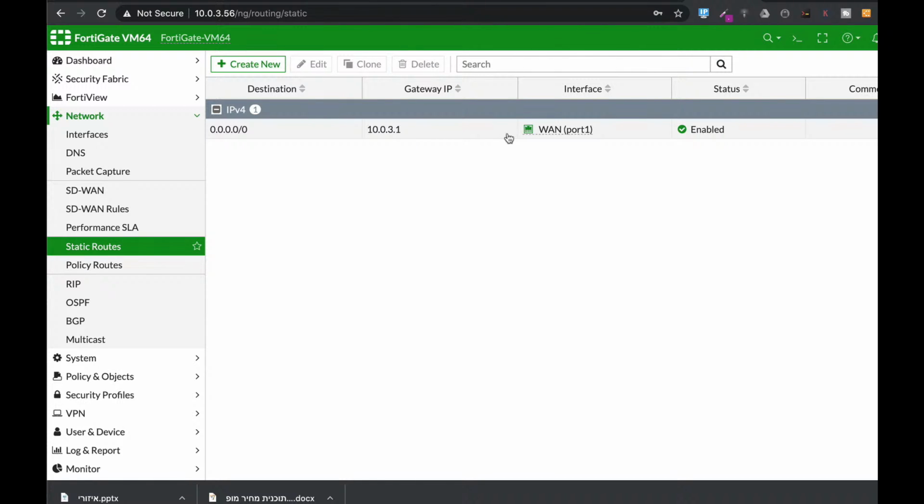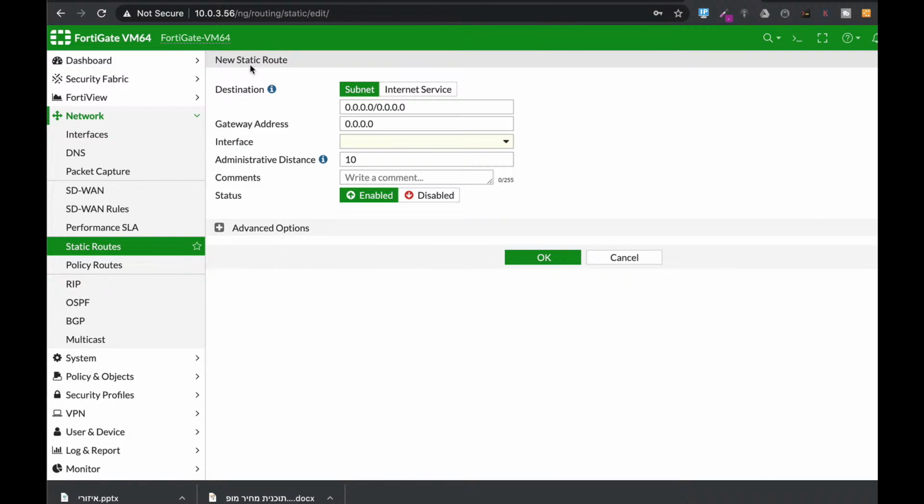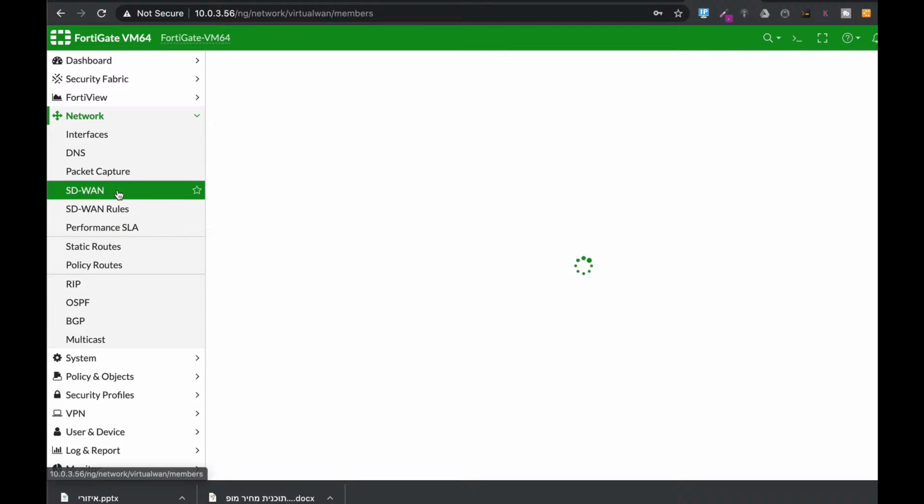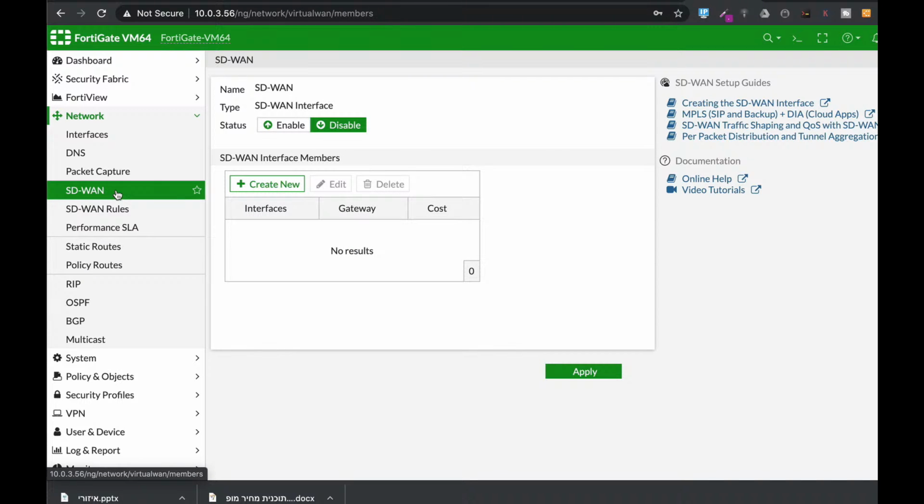Now, if you're using more than one WAN interface, you can use static route, create different static route to each WAN interface, and prioritize different internet services. You can also prioritize the interfaces. You can even use SD-WAN rules and performance SLA. Now, we will look at a case where we have only one WAN interface, and we will do it using